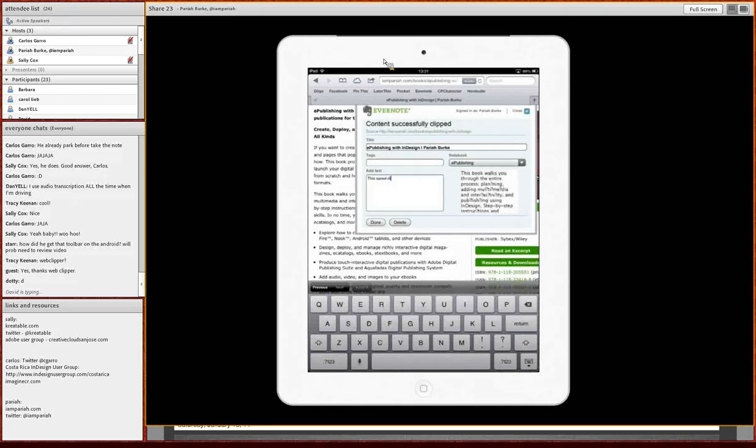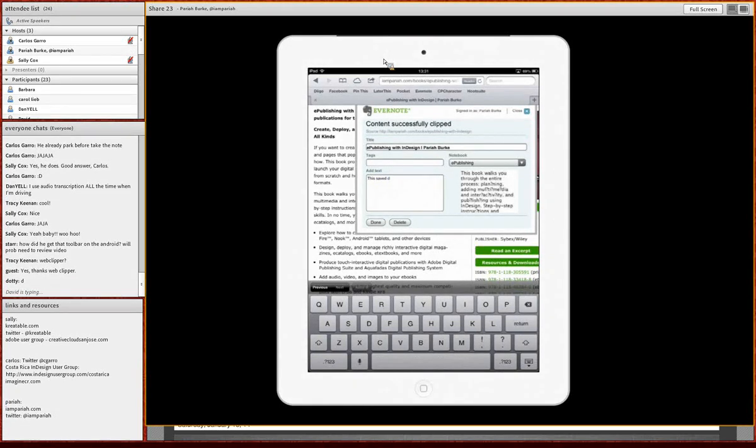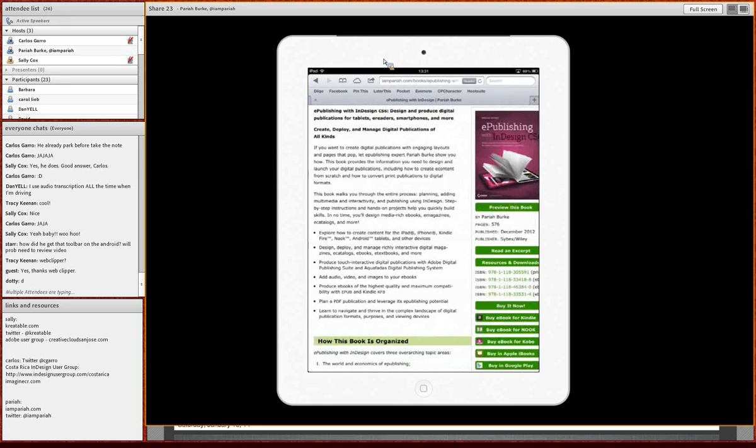So I'll just save things there, and I hit done. And now it's clipped to my Evernote. So I can keep going about my work without having to switch apps, without having to highlight,